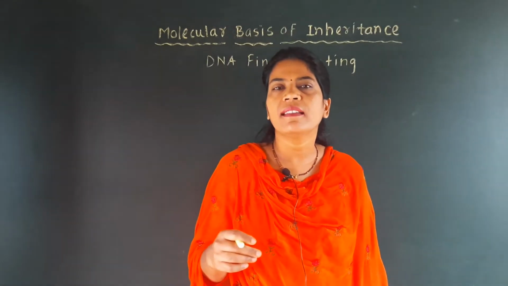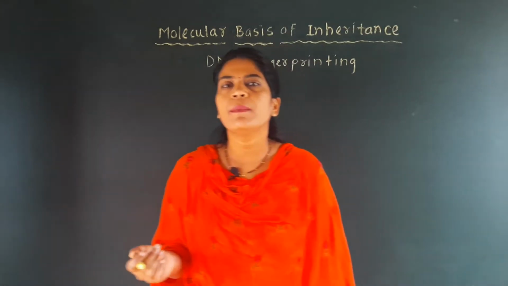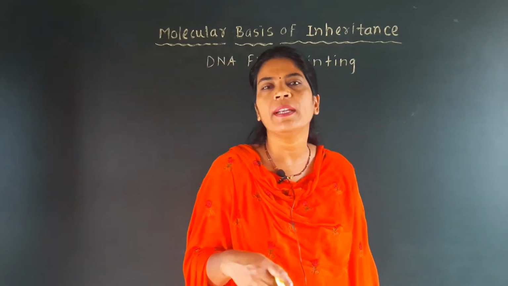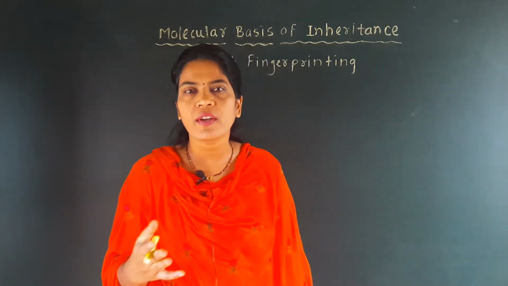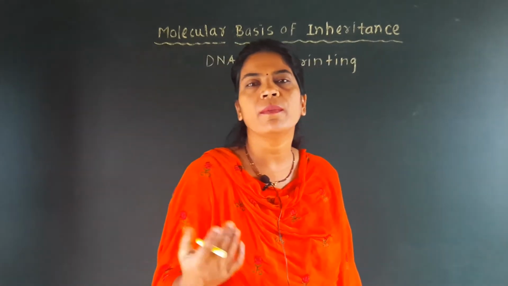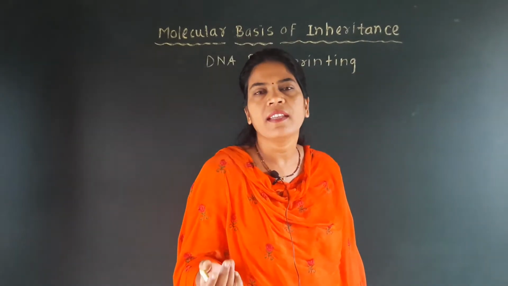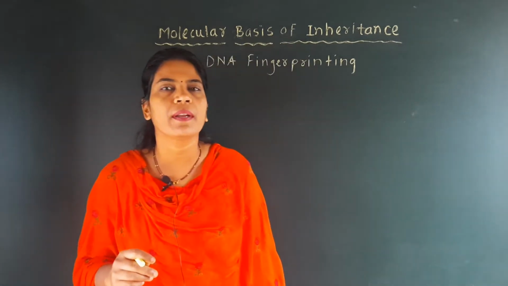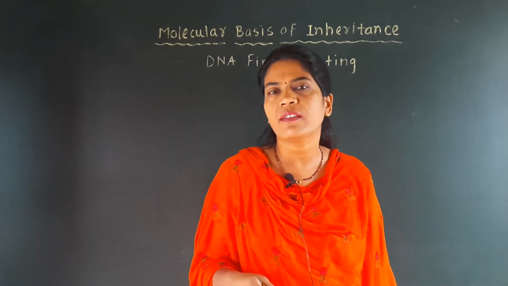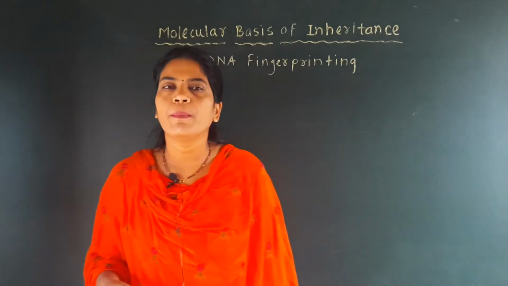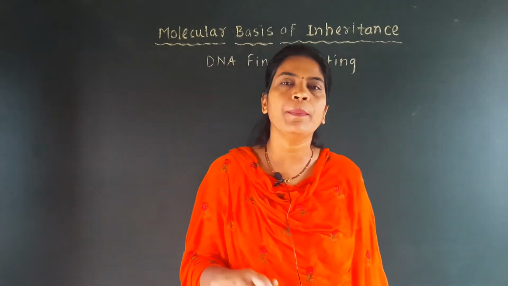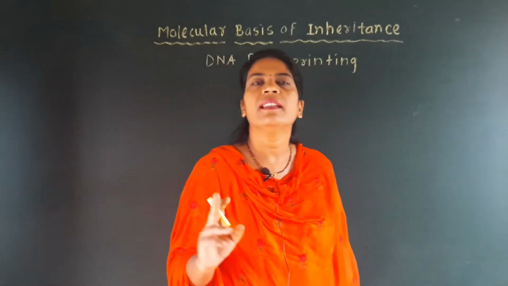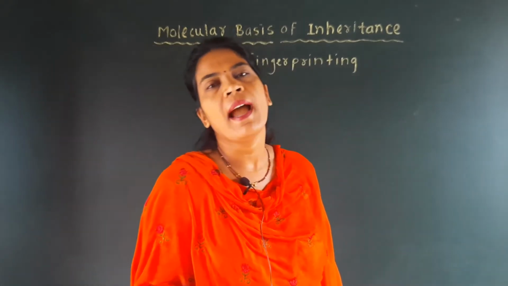And then there is a selection of the DNA probe, that means a well-known sequence of DNA which is called a probe. It may be obtained from the host organism or it may be prepared from cDNA technology. That probe DNA is then added to the Southern blot on the nitrocellulose paper, and the next step is called hybridization. If the probe DNA is complementary to the single-stranded DNA on the nitrocellulose membrane, there will be pairing, and that is called hybridization.